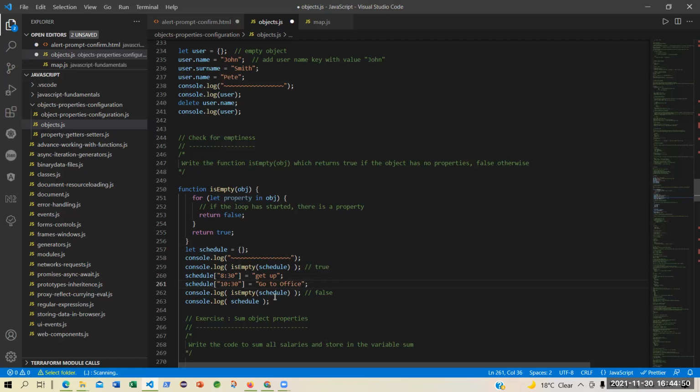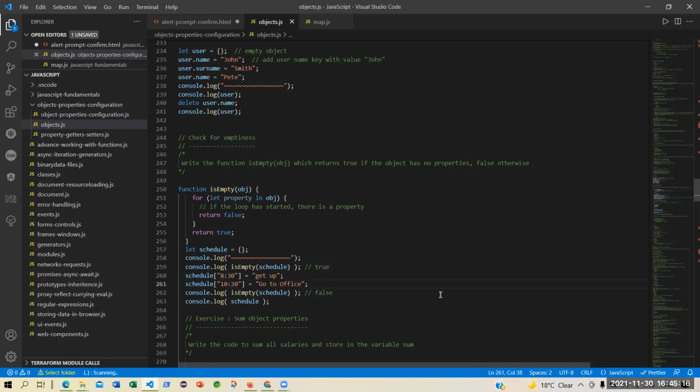This is the time that you must leave for office. Now, I'm checking isEmpty schedule. Will it return true or false? False, because now it has at least two properties: one 8:30 and the other 10:30.